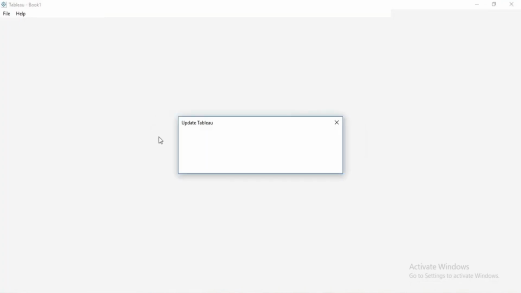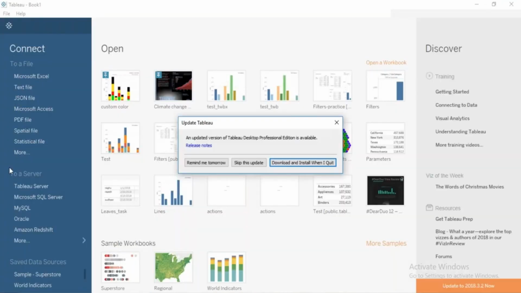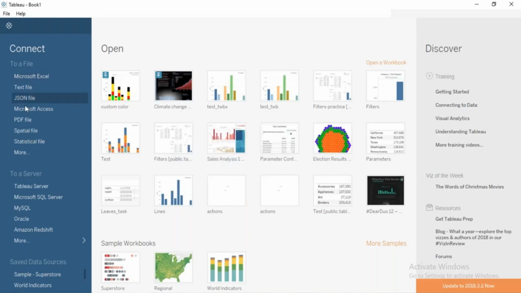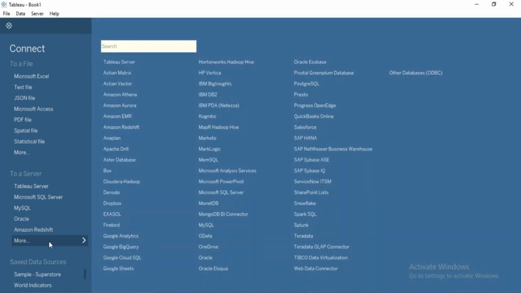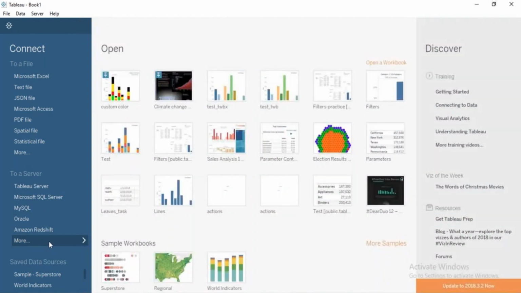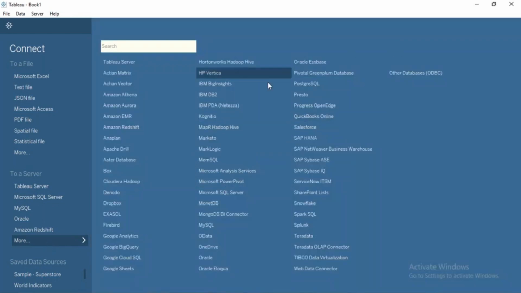So once you open this window, it will show these options. The left hand side, these are the data sources, which are the data sources Tableau supports by default. And if you click the right arrow here, you will find a lot of data source options. And in the middle,